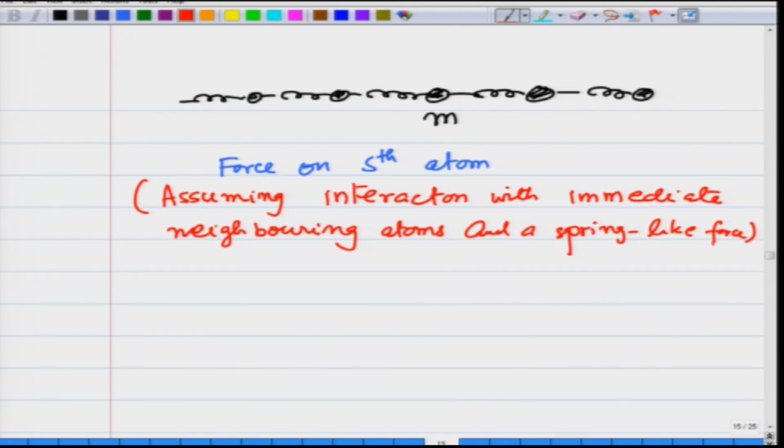This is the assumption, right. Then the force on the sth atom came out to be some constant, spring constant c times f_{s+1} plus f_{s-1} minus 2 f_s, and therefore the equation of motion